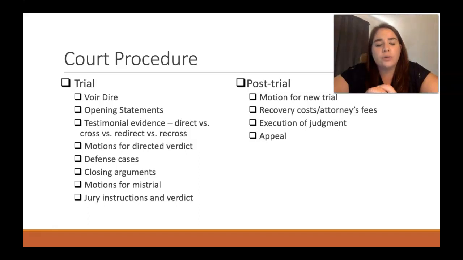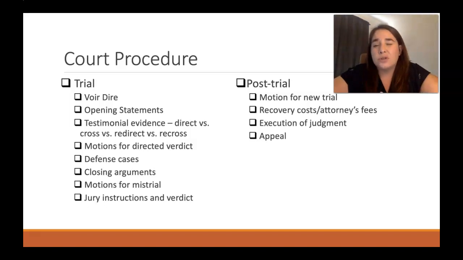So this also walks you through here the court procedure. When we're actually getting to a trial, it's pretty formulaic. You start with jury selection, or what's known as voir dire, opening statements, and then we take testimonial evidence. So folks will get to testify about what happened. They will testify and admit exhibits through that testimony.